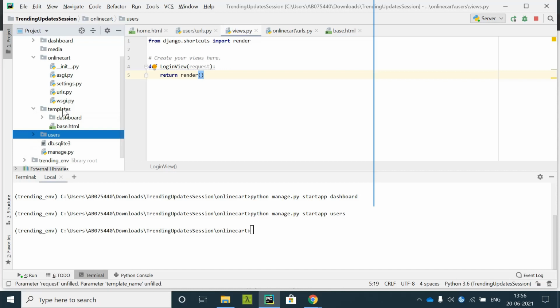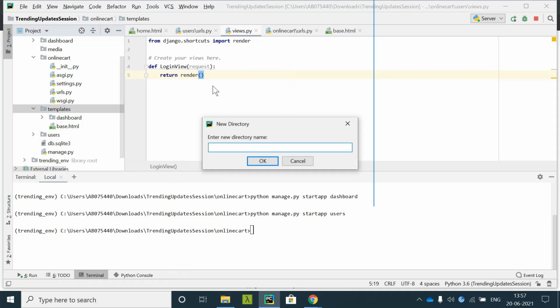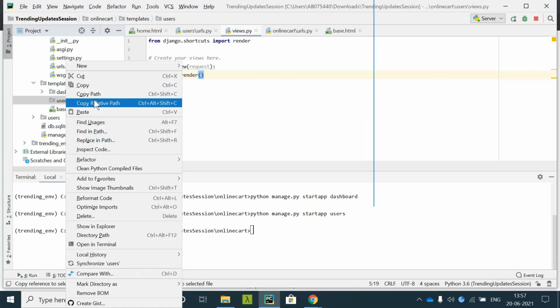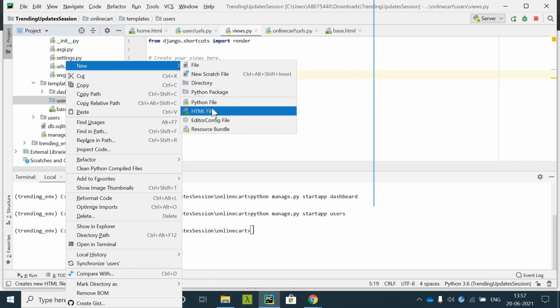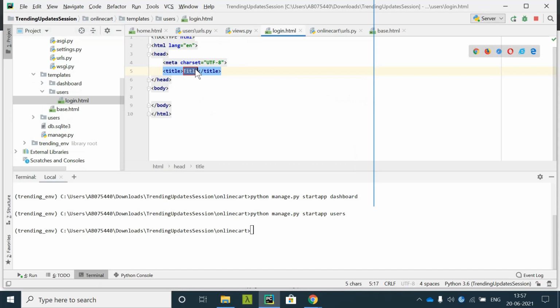As I have told you earlier, keep the separate HTML files isolated from each other in the separate apps. So go ahead and create a directory over here and say users. In the templates folder, create users. Here I will have the login page, login.html. So this is my login page.